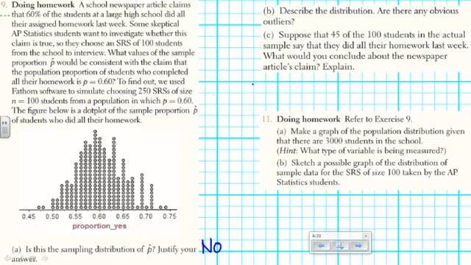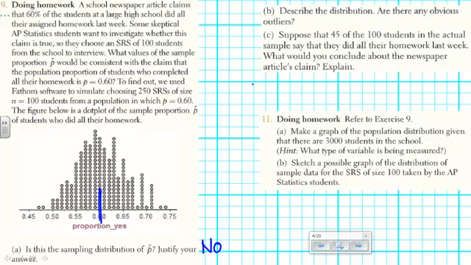Are there any obvious outliers? Well, wait, we've got to do all of the things if we're going to describe the distribution. Where do we think the center of this simulation is? About 0.6, right where the population proportion is? Sure. Okay. Symmetric for its shape. Okay. Hard to talk about the spread without actually crunching some data, so we'll avoid the spread.